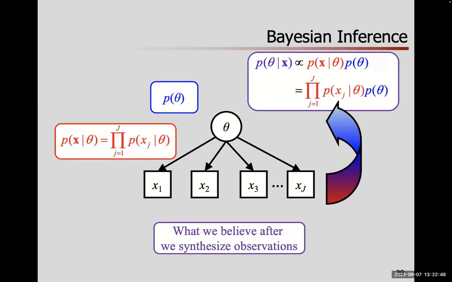How do we go back the other direction? That's precisely what Bayes inference can do for us. Given the data, given the values for the x's, what do we now think about the unknown parameter? That's the posterior distribution for the unknown theta given the data. So from this framing, Bayes is a very natural argument to make from reasoning from the observed data back to the unknown constructs of inferential interest.